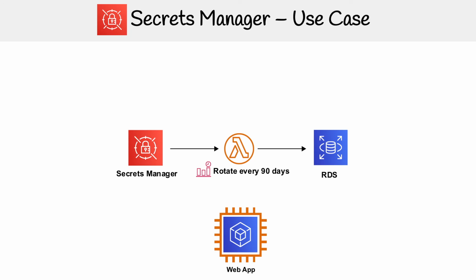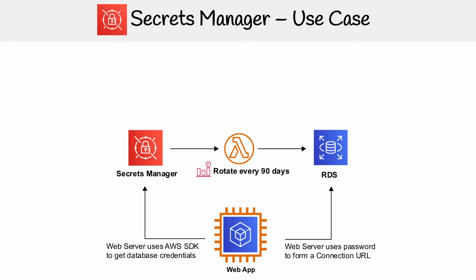Well, you'd have your web app running on EC2, and you'd use the SDK, which is the icon there in the actual EC2 instance here, and you would make an SDK call to Secrets Manager and get the database credentials. And then you would use your web server with that new password and username and form a connection URL, which